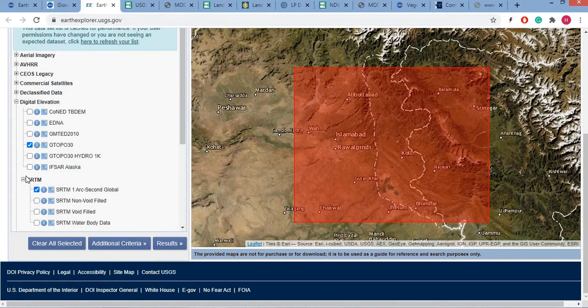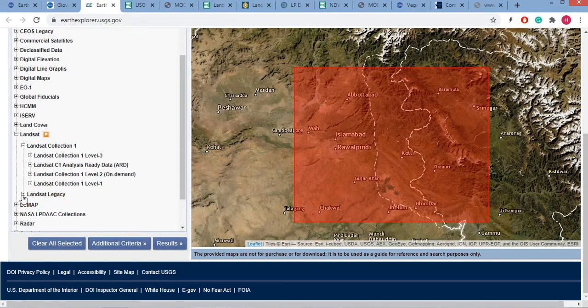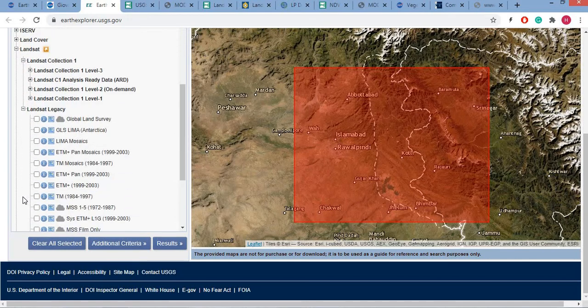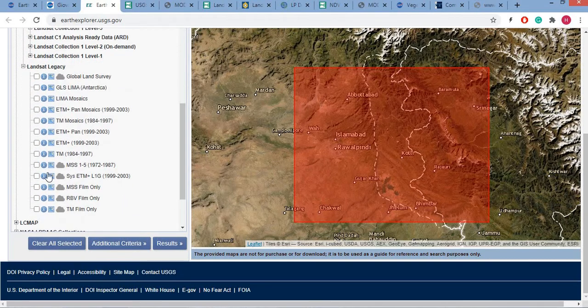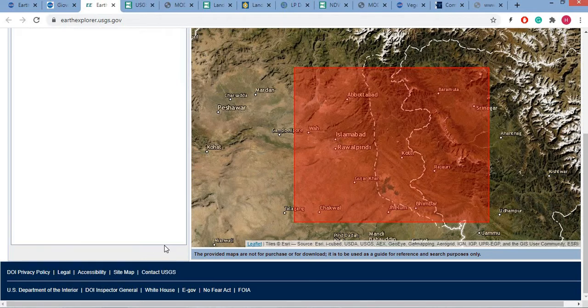You can select other datasets like global land cover, like Landsat data, Landsat collection, and these are Landsat levels. For example, we want data of Landsat ETM like this one, and any data you can select and then go to results.